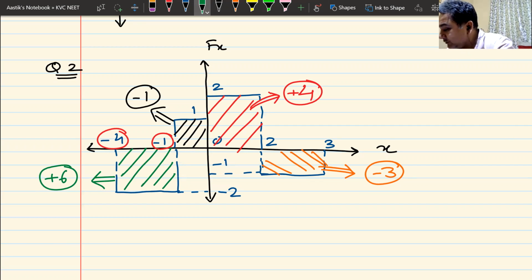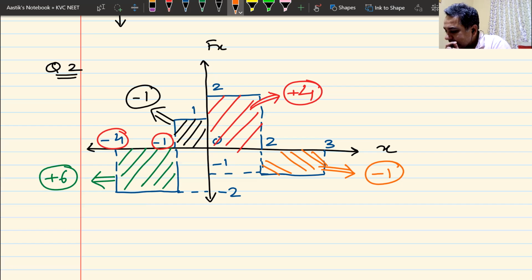Sir, also between 2 and 3, sir. Between 2 and 3, I also made a mistake. Yes. I am bound to make mistakes like this. I don't know why I make mistakes like this. So what is the answer for this one? Sir, total answer will be -4. Tell me the answer for this one. This is -1, right? -1, sir. This will be -1. So -1 and -1 is -2.